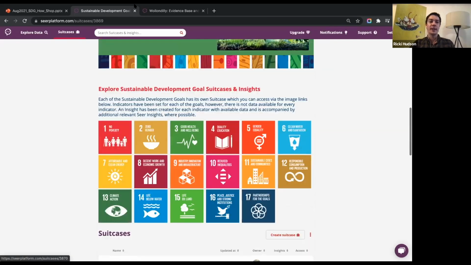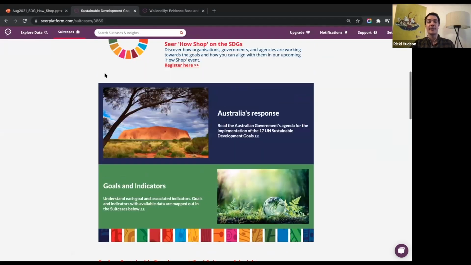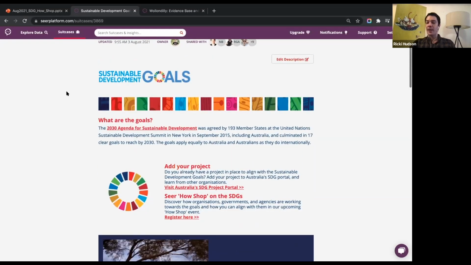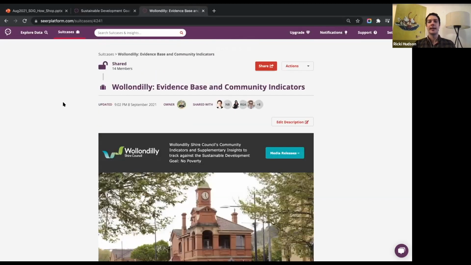For the How Shop, we wanted to show you how you could develop an evidence base using the goals and the data asset. So thank you to all of you who were able to provide a response to the survey that we sent out prior to the event. We noticed that a number of people were working across multiple goals, but there was a slight skew towards no poverty. So for the example, we've developed an evidence base using Wollondilly Shire Council as the location and no poverty. For those unfamiliar with what a suitcase is, it's effectively a folder, as Kat mentioned,